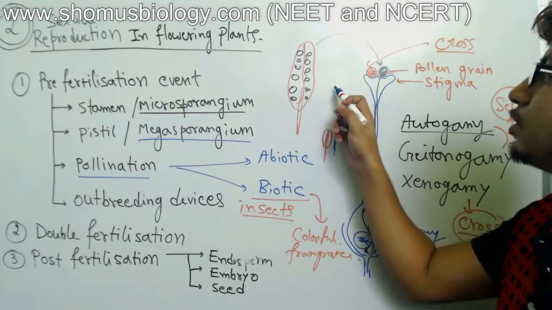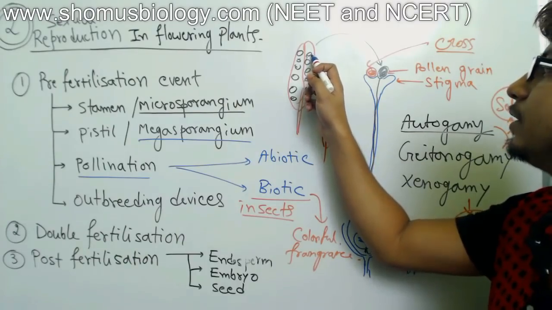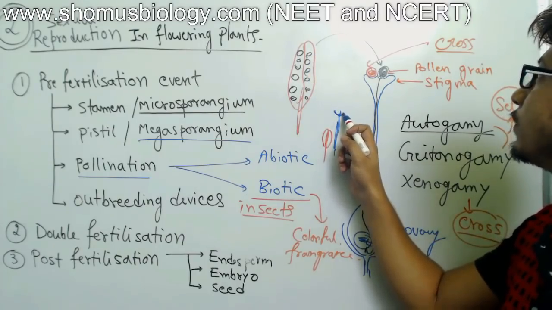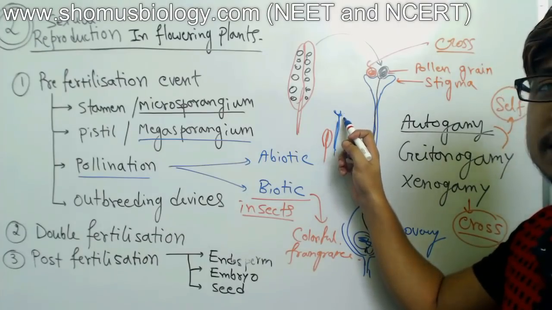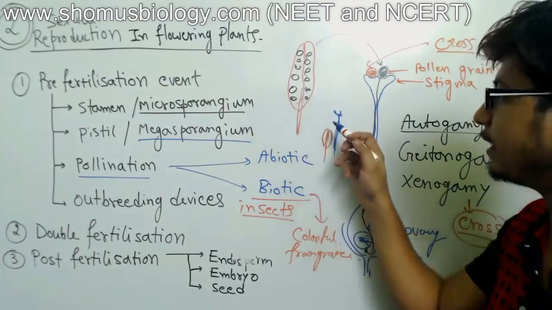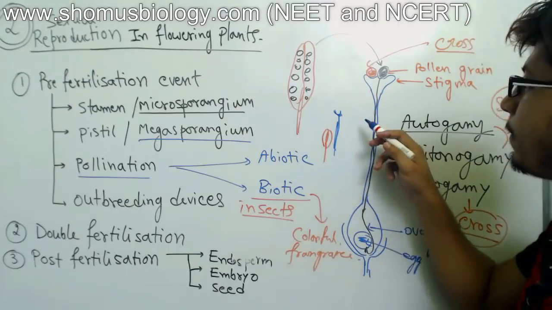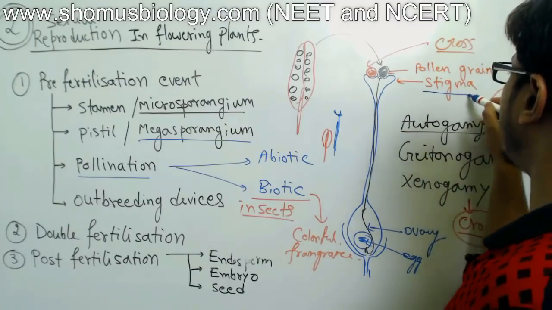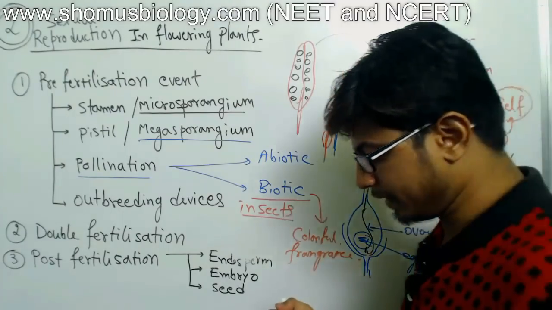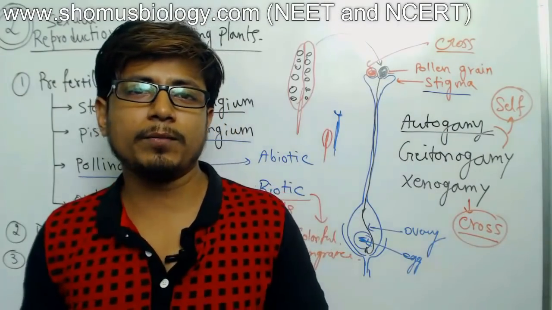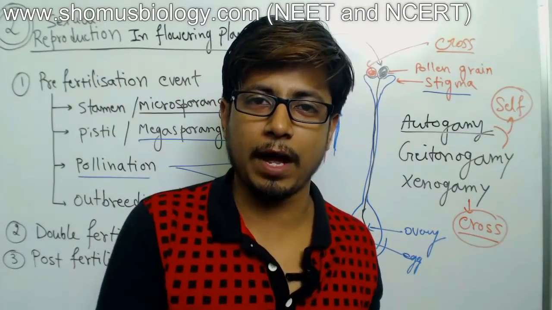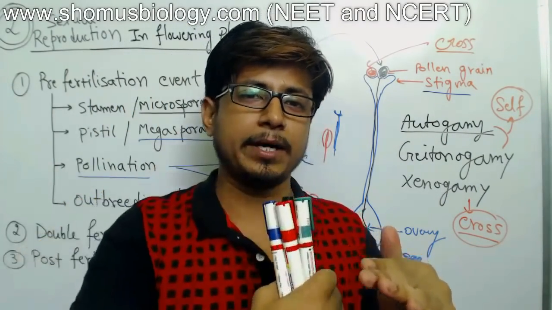If the stamen is present on top, then it's very easy for the pollen grain to drop on the surface of the stigma. But if there are differences in their height, it's not always possible. Another way is that they keep the stigma away from the stamen. They keep the stigma away from the anther part of the flower, because if they keep it away, so that